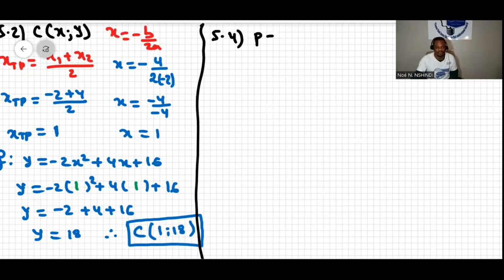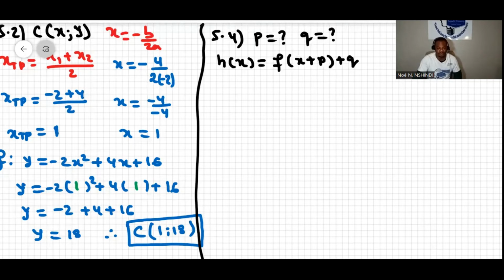So we're looking for the values of p and q. Given that h of x, in your graph, h of x equal to f of x plus p plus q. It is also said that the maximum value is 15 at x is equal to 2. So when they say it has a maximum value of 15 at x is equal to 2,